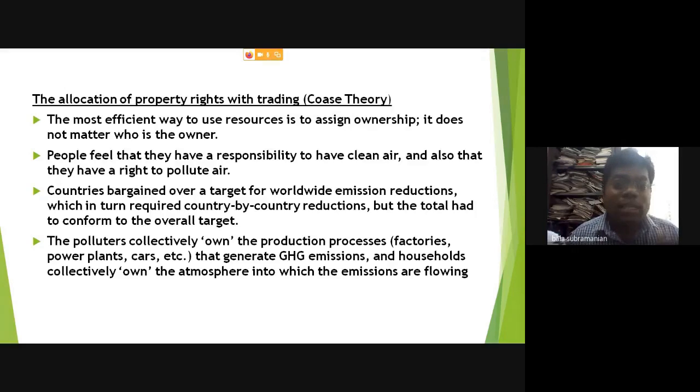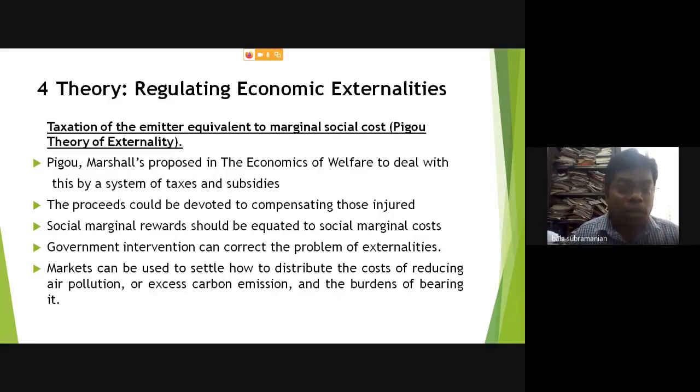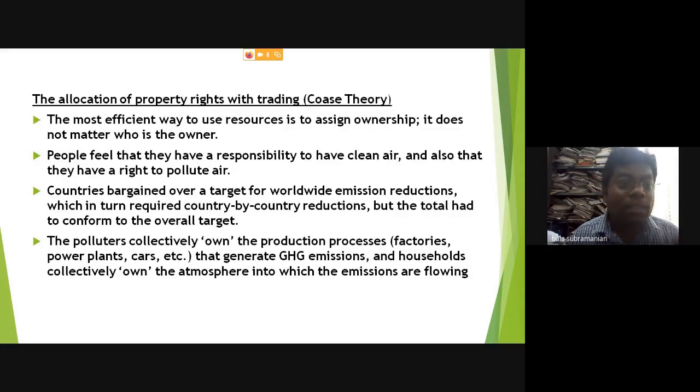So the first theory, actually, we talked about Pigou, the theory of externality. The second theory is the allocation of property rights with trading. For example, the first theory involves so much cost